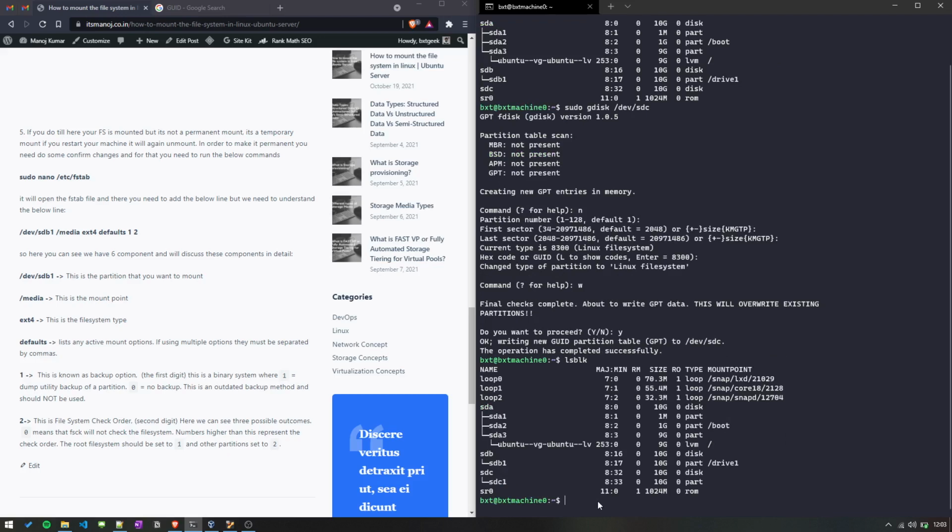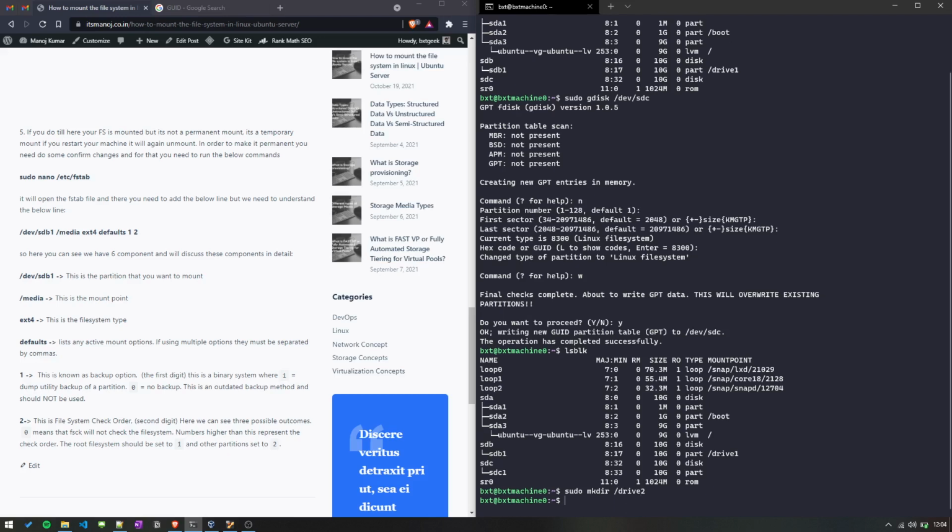Now we'll create a folder where we mount this. In other words, we need to create a mount point. That is mkdir /drive2, but we need to run it as admin, so sudo mkdir drive2.